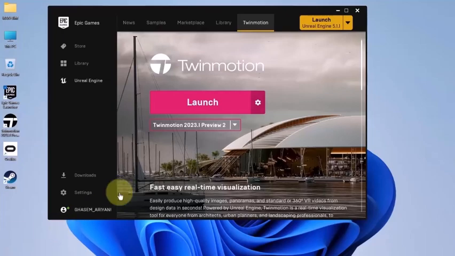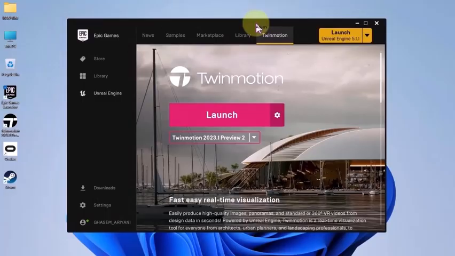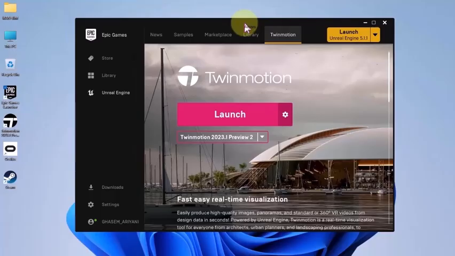Hello and greetings. In this video we're going to learn about Twinmotion software step by step and then go through it completely. Twinmotion is a real-time software which is used for coordinates, renderings, and different presentations,